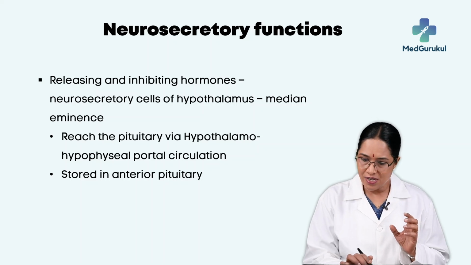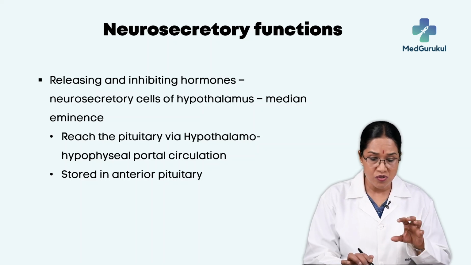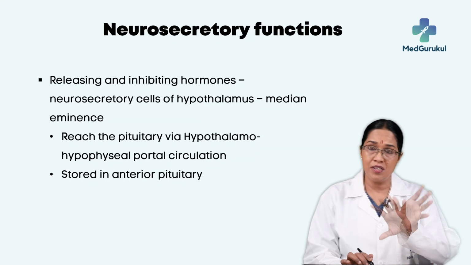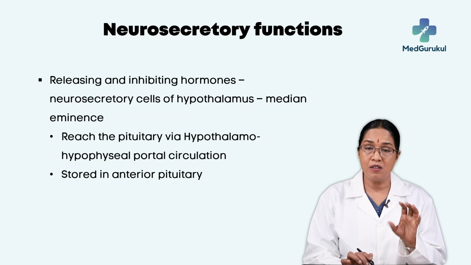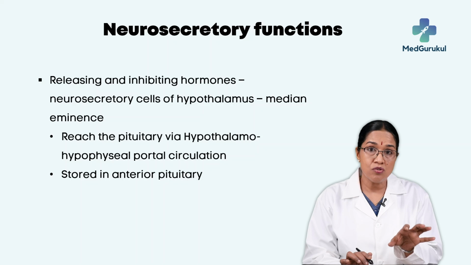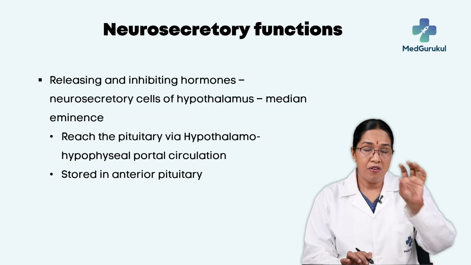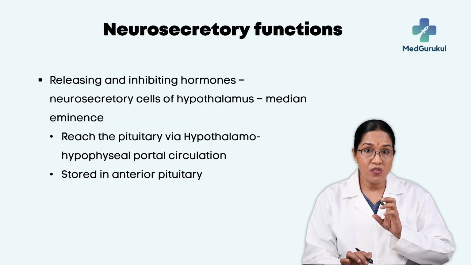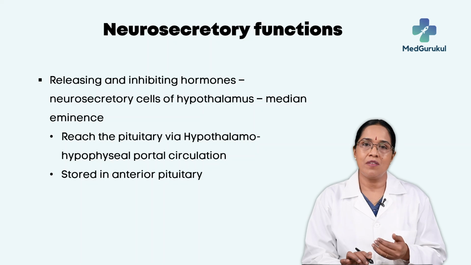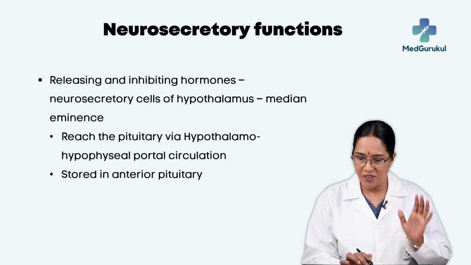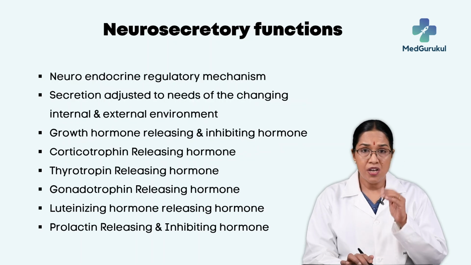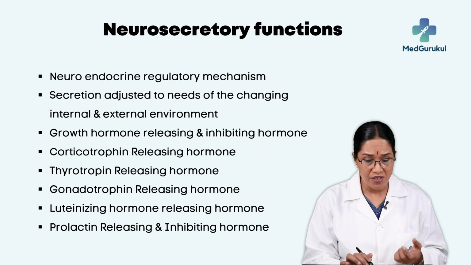These releasing and inhibiting hormones are secreted by the median eminence and reach the anterior pituitary. And from the median eminence, how do they reach the anterior pituitary? They travel via the hypothalamo-hypophyseal tract. Now, to continue with this neurosecretory function,